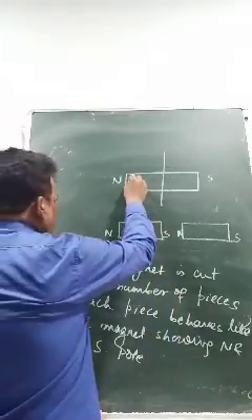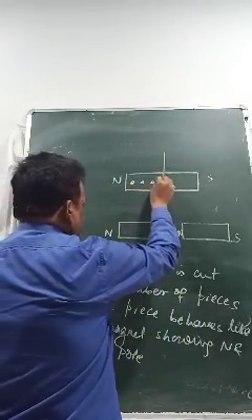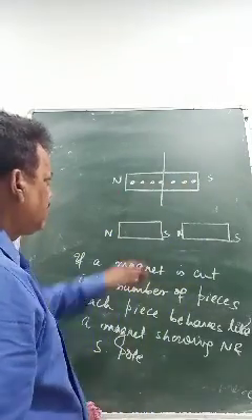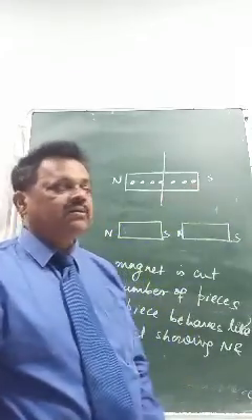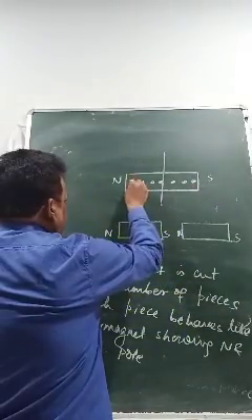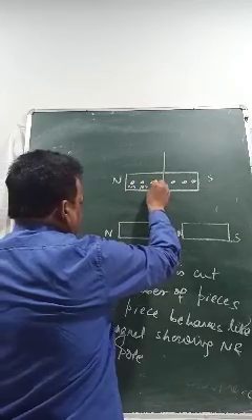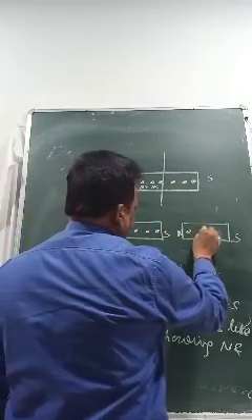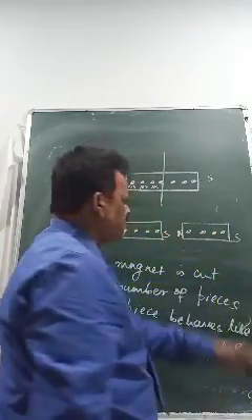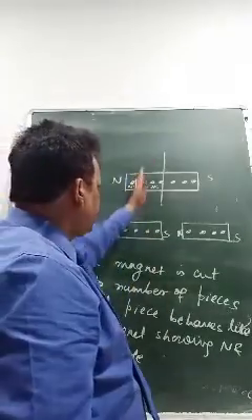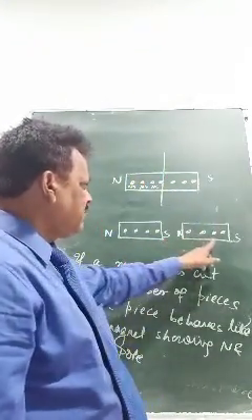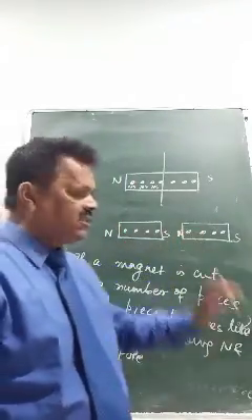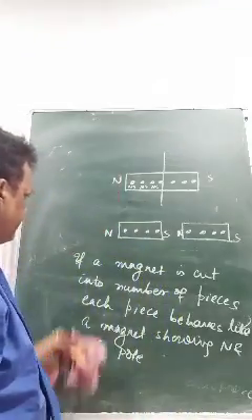Because there are a number of molecules in this. Each molecule behaves like a magnet. When the molecules are arranged in a straight alignment order, each behaves like north south, north south, north south. They will be divided, so each will behave like north and south. So if you cut into a number of pieces, still each will behave like a magnet, that is north and south pole. That means poles exist pairly, not separately.